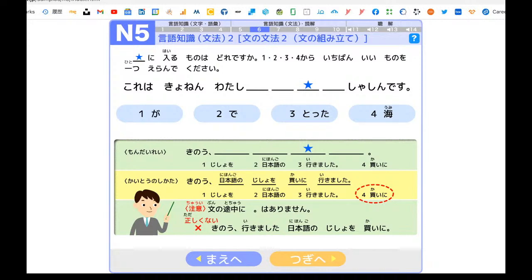So it says this time the third word on the blanks. Okay? And then we have options が、で、撮った、海. And let's take a closer look at the question sentence. これは去年私ブランクブランクブランクブランク写真です。